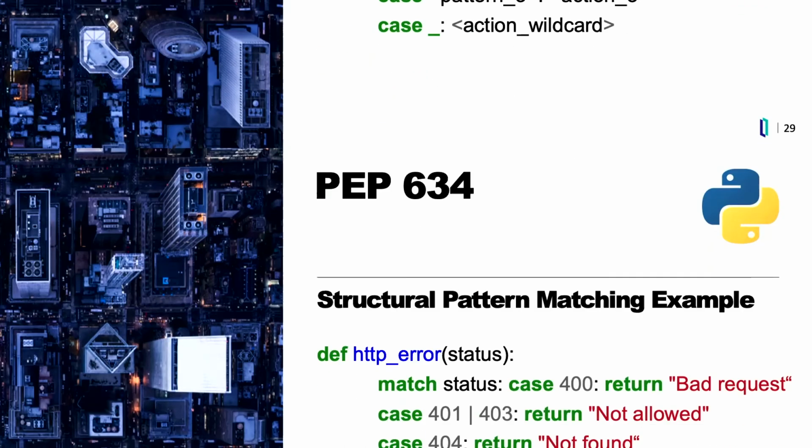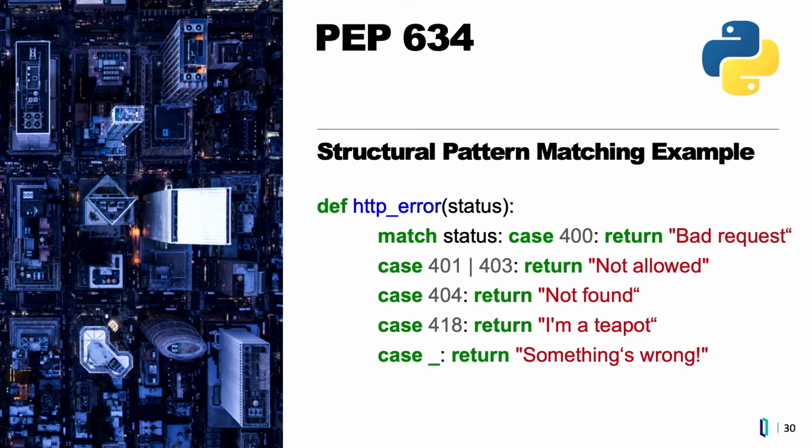To give you an example what this looks like in real code, if you're switching on, let's say, an HTTP status code, you can group it nicely and say, for all of these status codes, this is the logic I want to run. For all of the other status codes, this is the logic. It has the default option. And what I really like is wherever my mouse is. There it is. Okay, you see it, I don't see it. Is this case here with unions, right? So you can say, this is the case for 401 and 403. And that makes your code really, really condensed and simple.